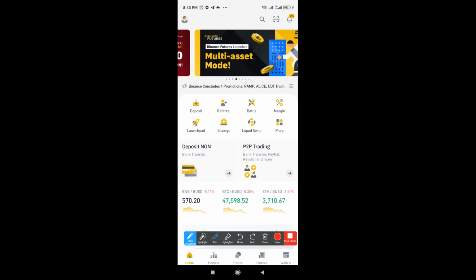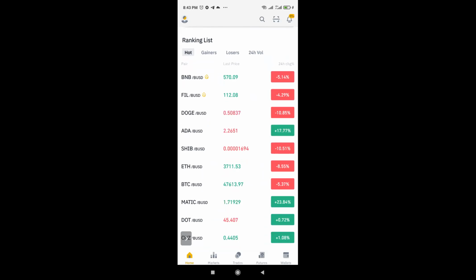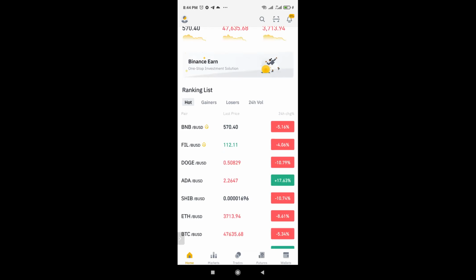I just want to show us what all these things you're seeing here mean. So also when you scroll up again, you'll see a list of coins that are doing well within the last 24 hours. So you can see hot coins. You can see those coins that are gaining, those coins that are losing. And you can click on this 24% change over here to see those that have done very well within the last 24 hours. So let me click on it. It's not clicking.